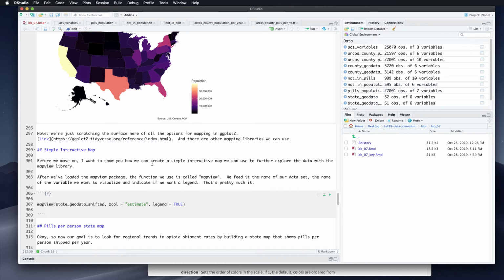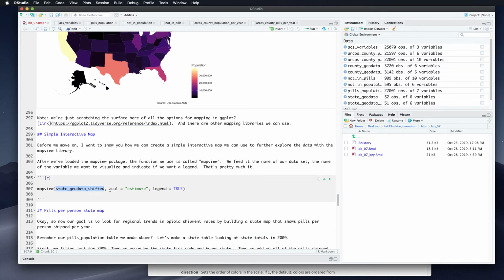So after we've loaded the MapView package, which we did again, the function we want to use is called mapview. And there's a couple different arguments we feed into it. The name of the data frame, so state geodata shifted, that's the same one as here. zcol is the name of the thing we want to fill in the polygons on our map. In this case, it's estimate, which was also the population data. And then legend equals TRUE. Do we want a legend or not? So when I hit play,